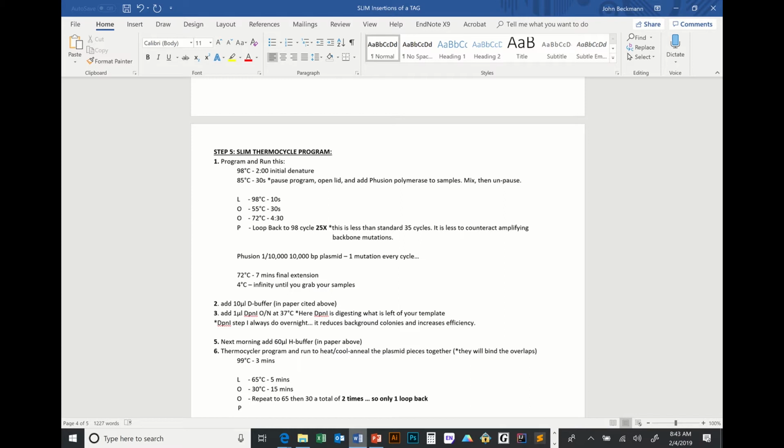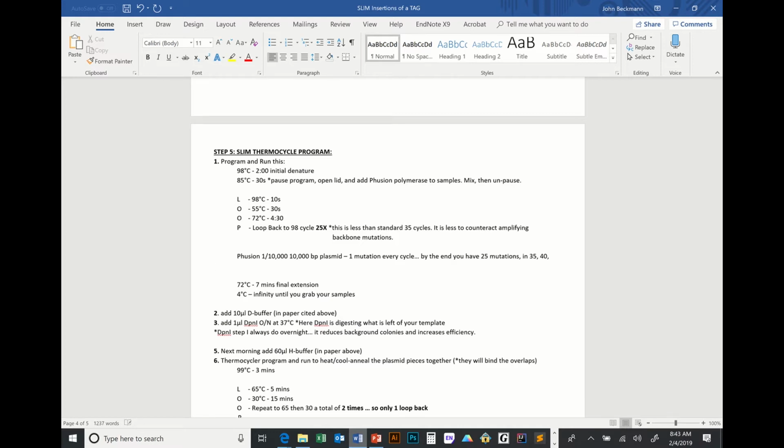So if every cycle you get 1 mutation in each molecule, that means by the end you have 25 mutations in all your products. Now if you run this 35 to 40 cycles, how many mutations do you have? 35 to 40 mutations in every plasmid. It's not such a big deal if those mutations are in the backbone somewhere. But if they hit your AMP cassette,